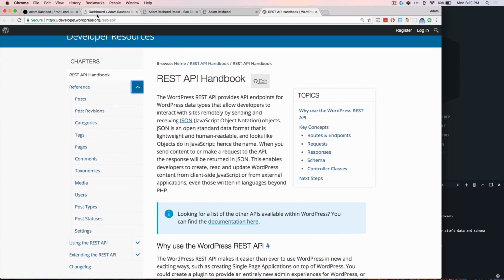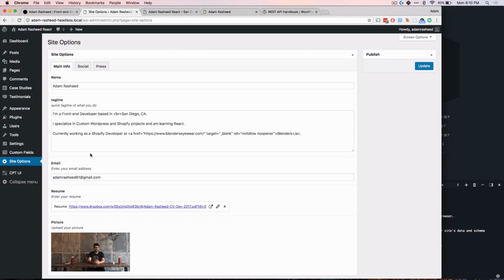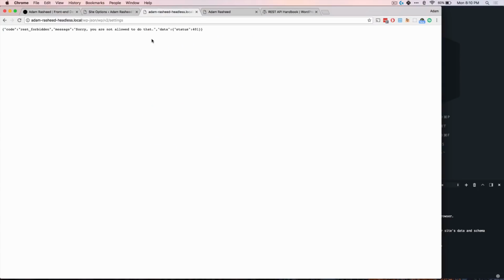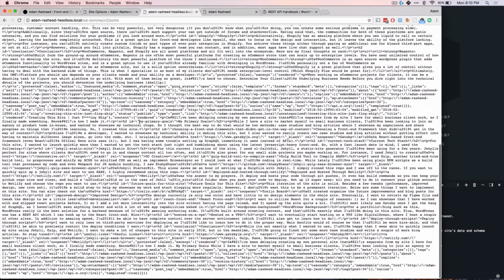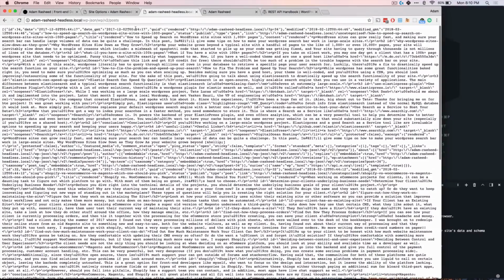So let's go into the dashboard I have spun up on the backend. I created some custom post types, and then I have Advanced Custom Fields with all this info that I'm going to set up. And I created a theme, which I'm actually going to just put on my GitHub profile so you guys can just swipe it. It's just this blank thing, and it links to these endpoints. So posts. This is what a JSON file looks like. I believe I have like 3 blog posts, and it's just this bunch of jargon. So the cool thing is you can copy this,